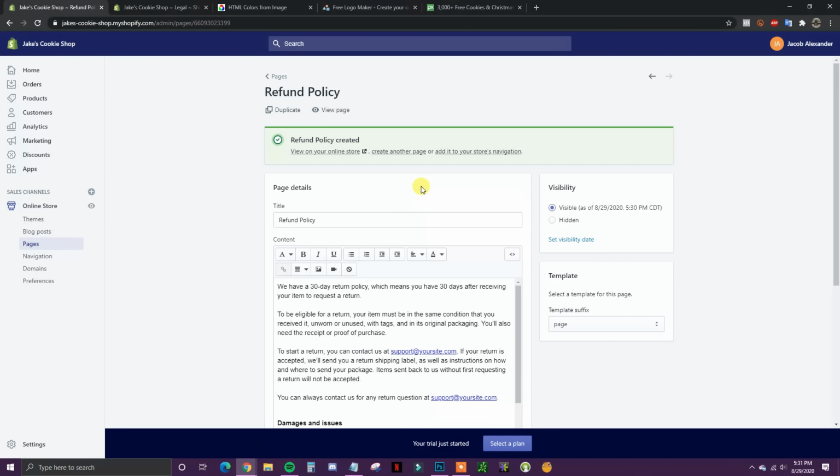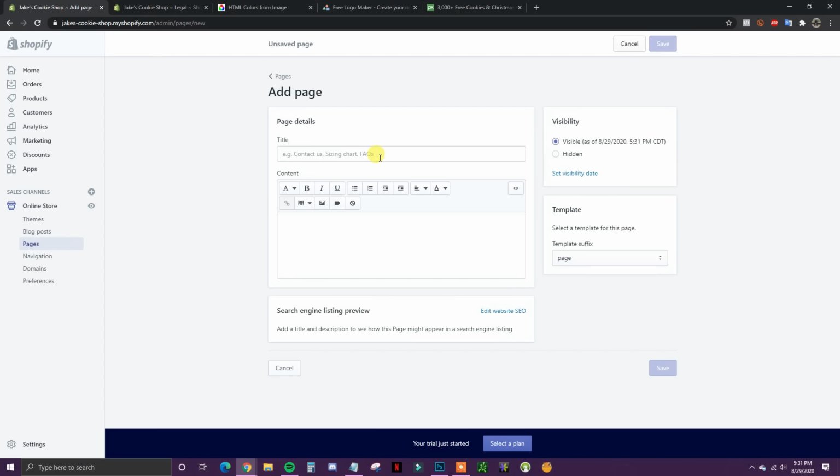And we've created 3 pages, and we just need to go ahead and create 3 more really quickly. So I'm going to go ahead and click create another page, and the next one we're going to create is going to be a contact page. So I'm just going to call it contact us, and what we can do is come down here to template, and we can select a template for this page, and I'm going to make it page.contact,